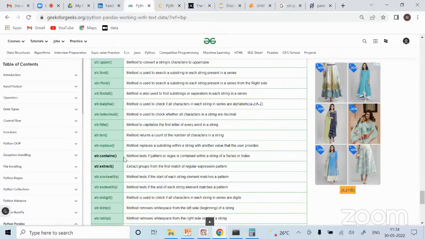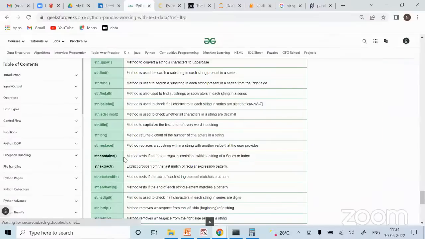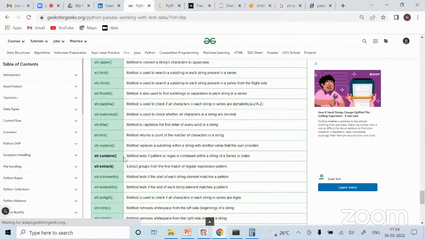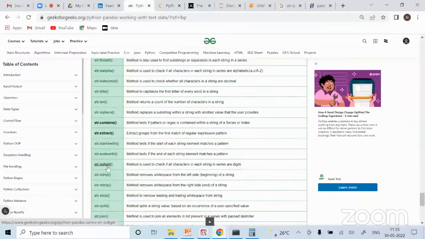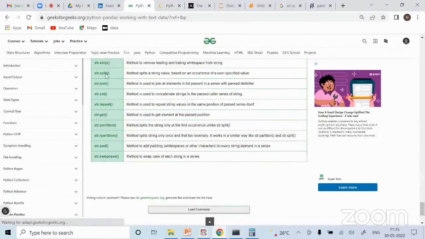You cannot write a date without these things, ideally. So likewise, you can check whether str.contains that or not. Otherwise, you can say that it is not a valid date. Str.isdigit: like in a phone number, it has to be all digits, isn't it? Likewise, all these functions are available.